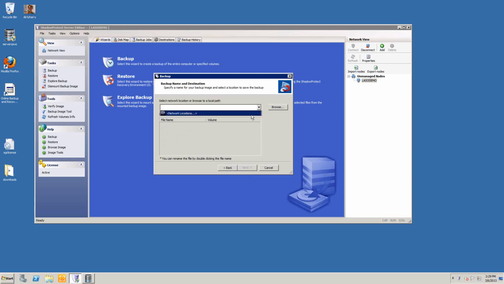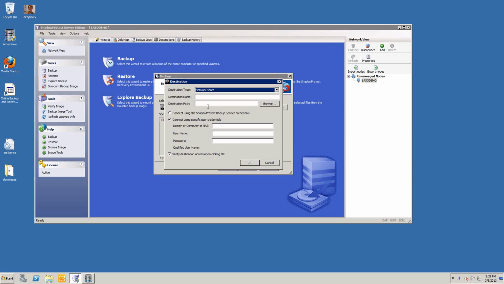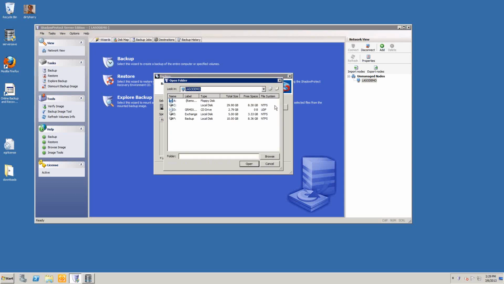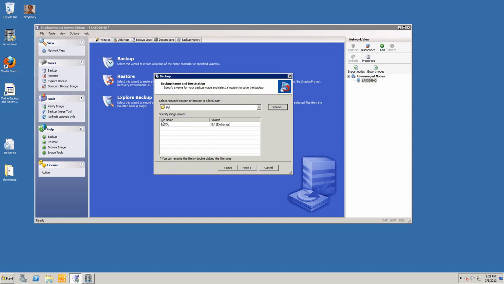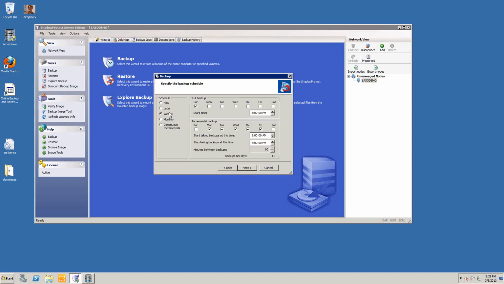Hit next. I'm going to select your staging machine, so you put the network location. For this purpose, I'm just going to pick Virtual Drive F. So this is essentially a NAS drive that we've mapped to this machine. Hit next. Then you get your schedule, so you can do a typical bare metal backup schedule where you do